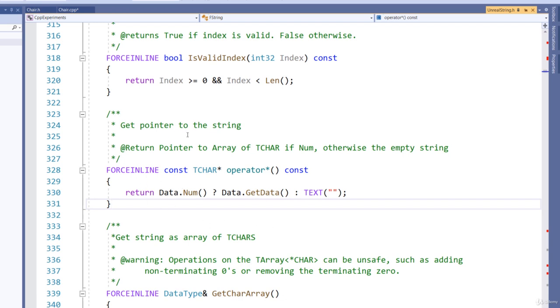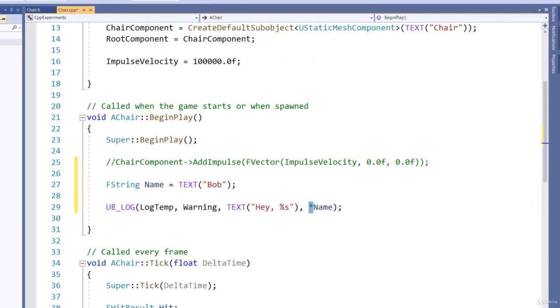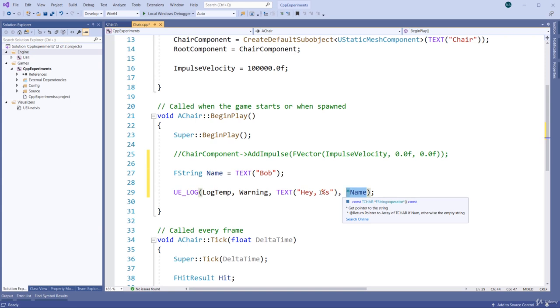All we need to know really is that when we work with the FString and we want to print it out, so use it in the UE log here, then we need to use this dereferencing style, and that will then be the correct format for this string. So of course, if you don't need to output a variable, so as we are doing here with this name variable,